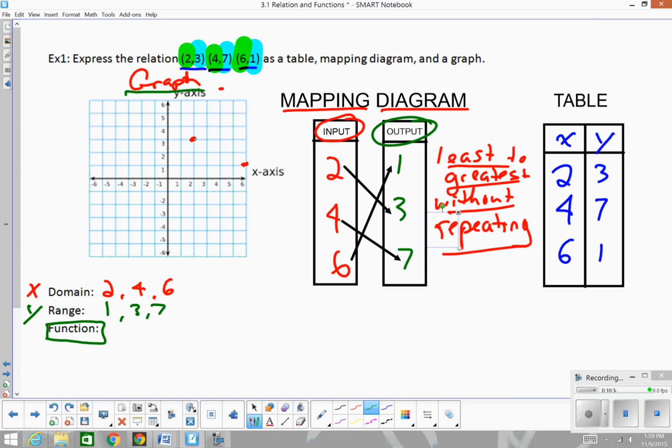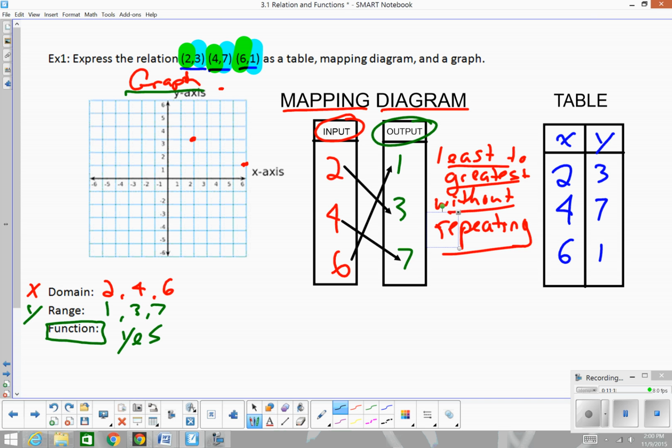So I have a point here. Is there any other point that lies on top of that? No. Another point here, does it lie on top? No. So another point here, does it lie on top? No. Okay? So remember back to the vending machine. So my input only has one output. So this down here, all of my x values are my inputs. So if I inputted 2, I only outputted 3. That makes sense. If I input a 4, I only output a 7. If I input a 6, I only output a 1. So if none of these points are on top of each other and have the same x value, then yes, it is a function. Okay, now let's do that same, let's go through that same process, but now let's use